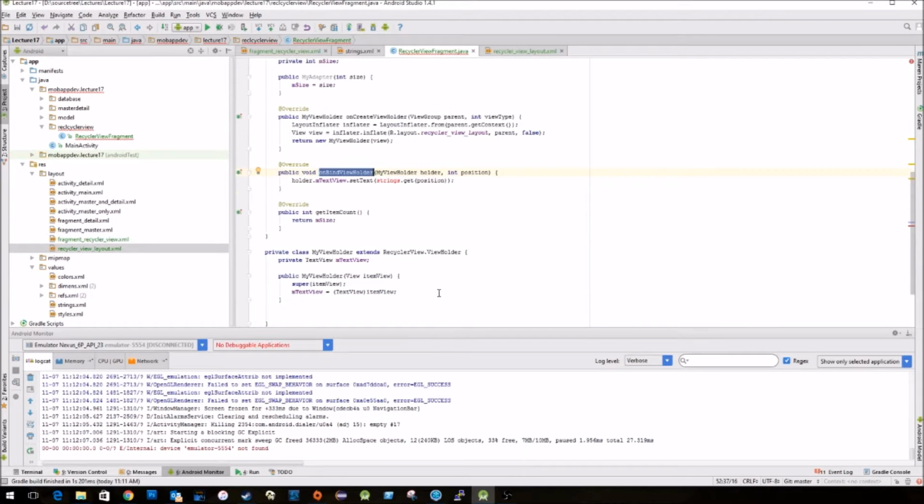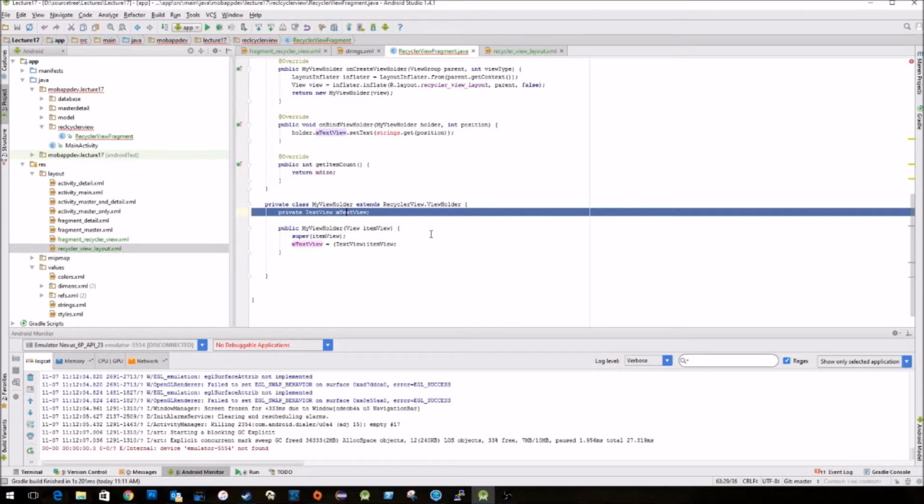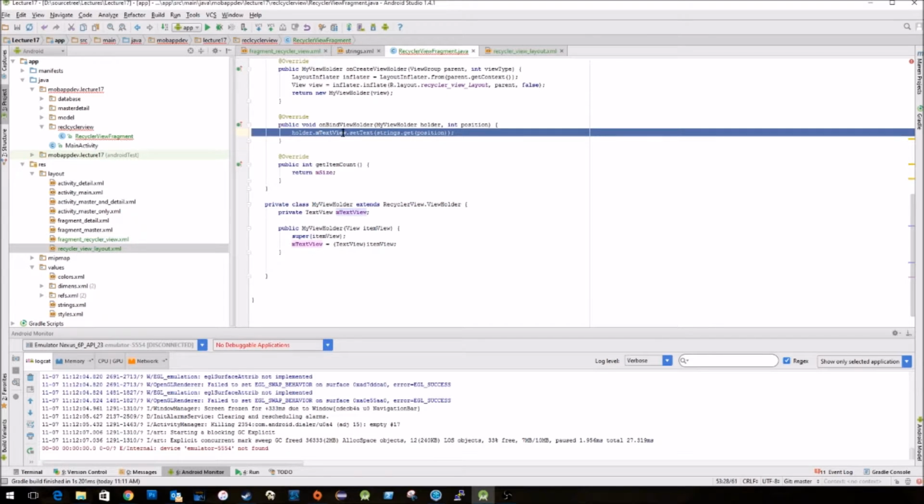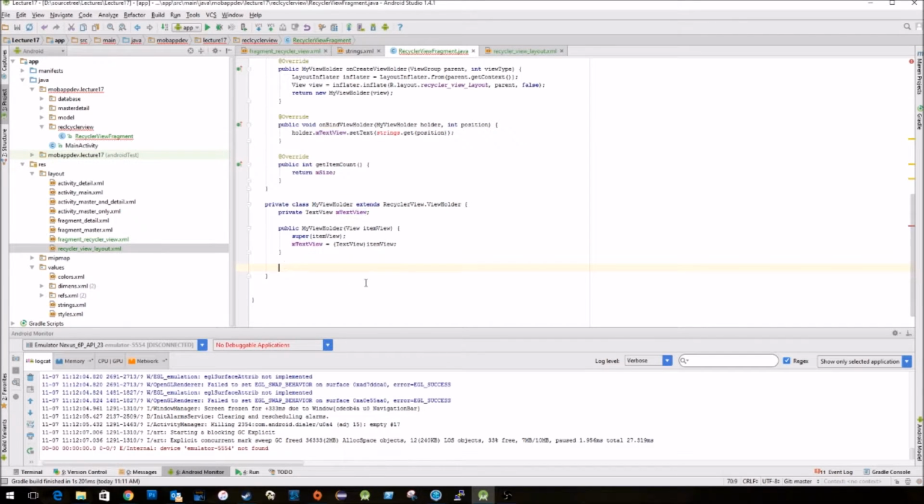So the natural job of a view holder is to hold a view. That's what the view holder does. It holds a view or views. You know, it has one parent view group, but perhaps it's got several views inside that. The view holder is the one that has the very close relationship with the views in our layout. And so therefore it makes sense for the view holder to be the one that does the work of setting the values on those views to update them so that they represent an item in our model. Makes much more sense to do it here. When it's one line of code, it's a harder argument to make, but it even still makes more sense to do it here. So instead of trying to do the binding in the onBindViewHolder part of our adapter,